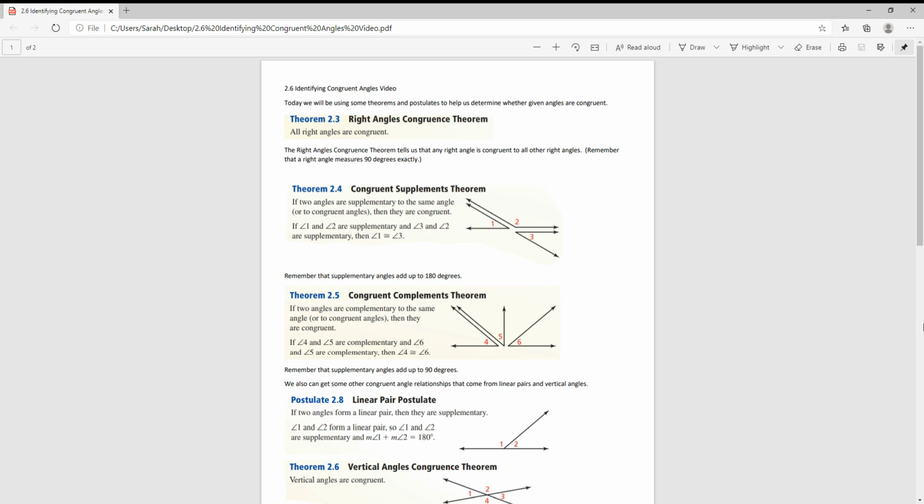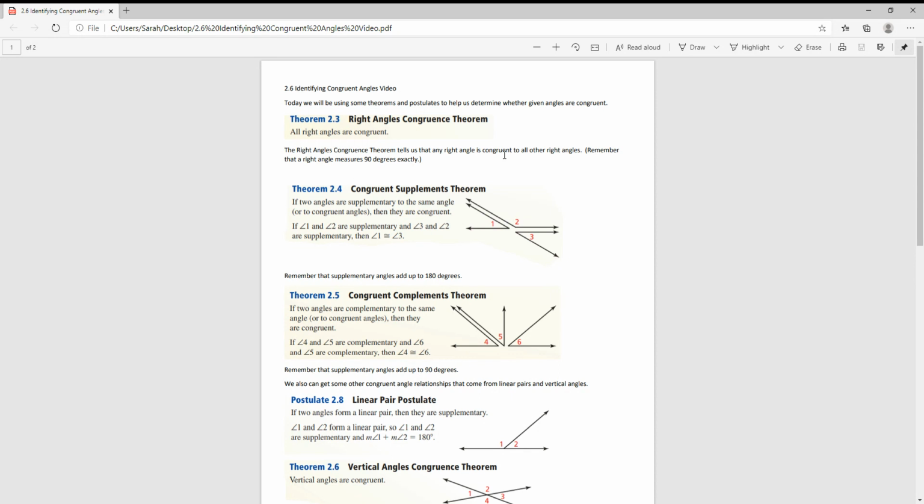Hello. So today we're going to be looking at identifying congruent angles. We'll be using some theorems and postulates in order to make that happen. So the first theorem is the right angle congruence theorem. What that says is that all right angles, which are 90-degree angles, are congruent to each other. Any 90-degree angle you have in the whole world is equal to or congruent to any other angle that is